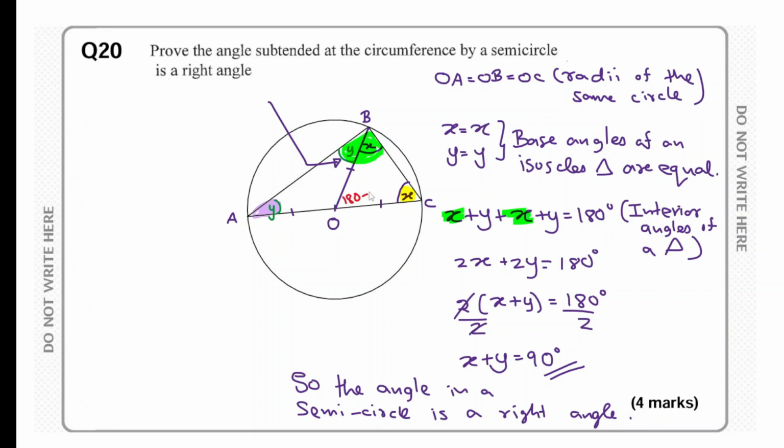180 take away 2x, because interior angles of a triangle, and this will be 180 take away 2y. And you can just write that 180 take away 2x and 180 take away 2y is 180. The reason is angles on a straight line add up to 180 degrees. And now you can see 180 and 180 is 360, take away 2x, take away 2y is equal to 180